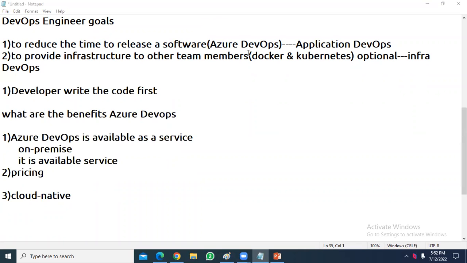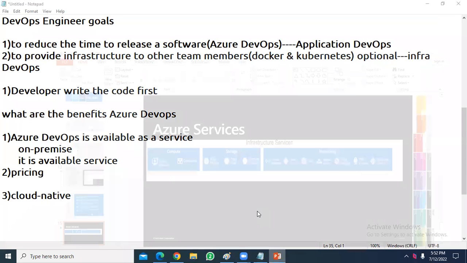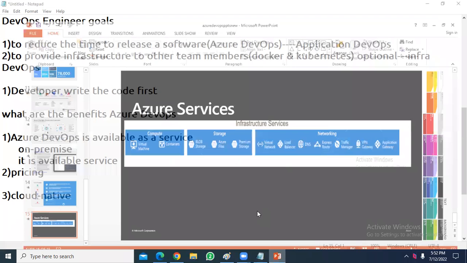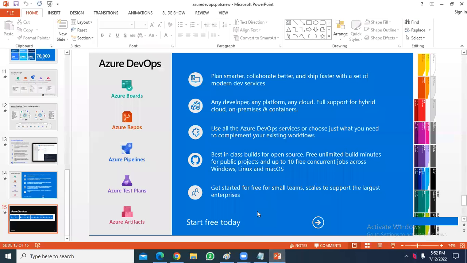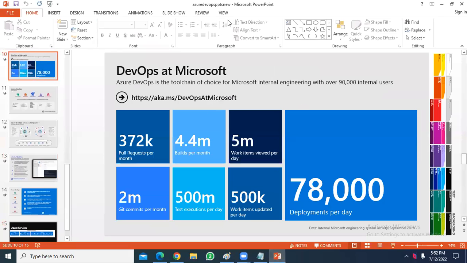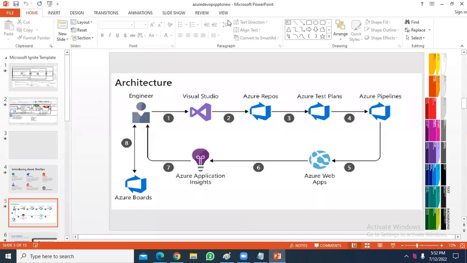Will the project be shared by you? Any project? No. Actually, we are going to create a live project in Visual Studio Editor. I told you, right? In these slides, you have something like this slide. We are going to create something like Visual Studio. In Visual Studio, we are going to create a live project, and that live project I am going to use for every pipeline, build pipeline and release pipeline.